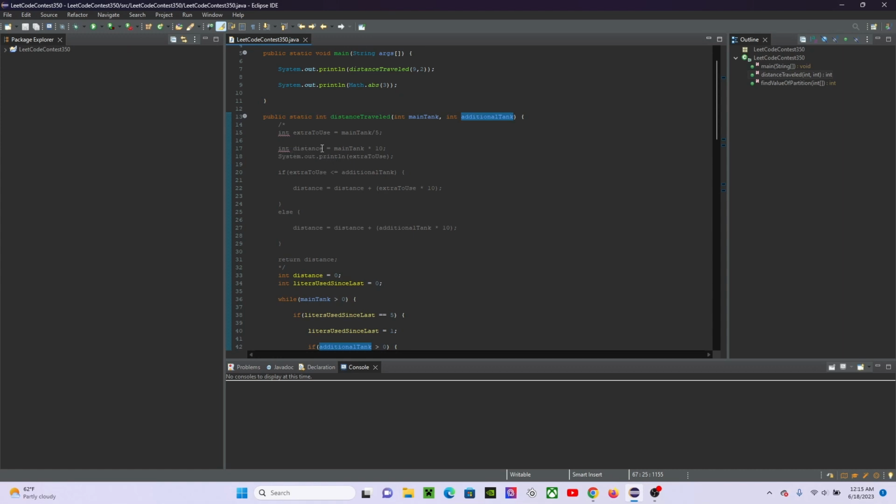Then I have the distance equals, I start with the distance equaling 10 times the amount in the main tank. This is just because I was trying to figure out why it wasn't working. That's just the system print. Then when I add the extra liters used, I need to do whichever is smaller because